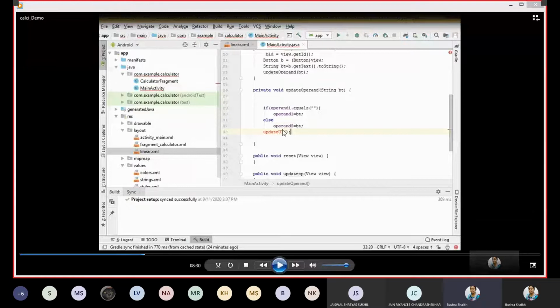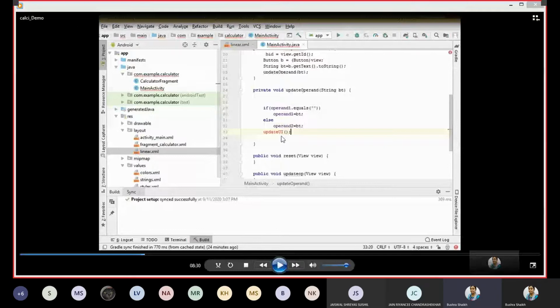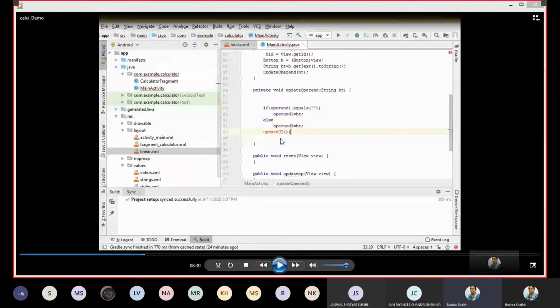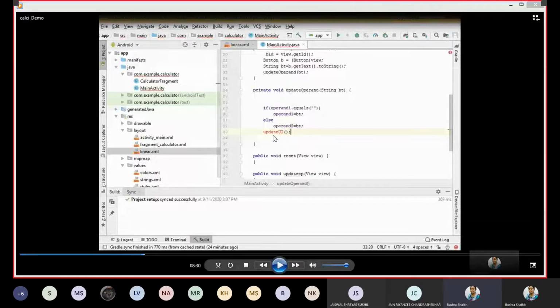And now, as and when that is done, and when the user clicks on any button, the user also sees that the UI has updated. Okay, so if I press 2, 2 will appear. If I press 3 instead of 2, then 3 will appear. Or let us say if I press 2 first, operand 1 should be set to 2 and then next 3. At the same time, our UI part, our calculator section view, should also be updated. So for that, I'm creating a separate method with the name updateUI itself.